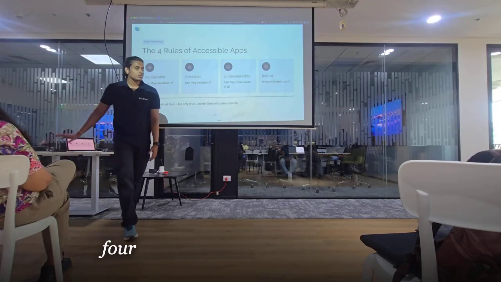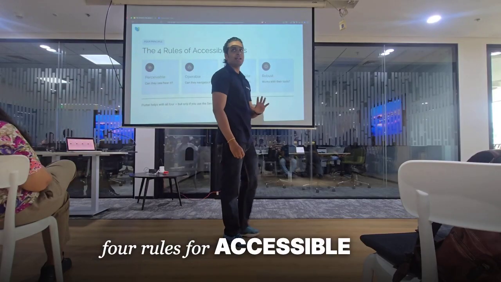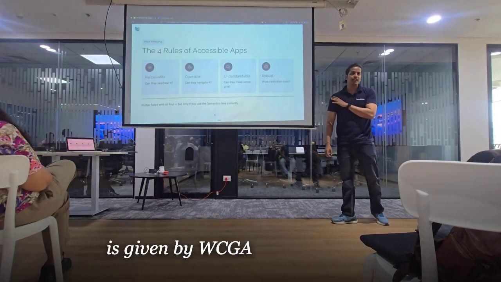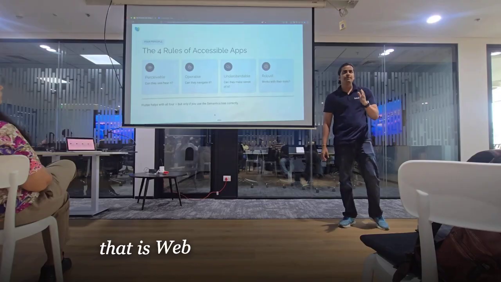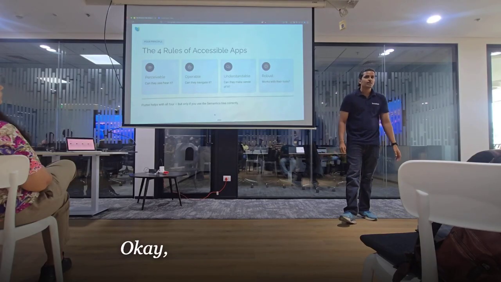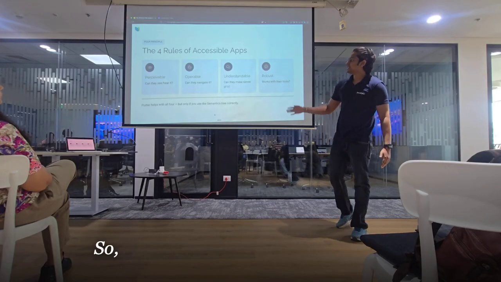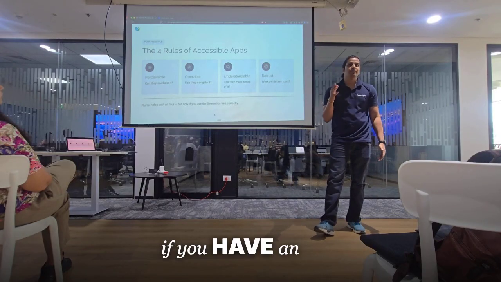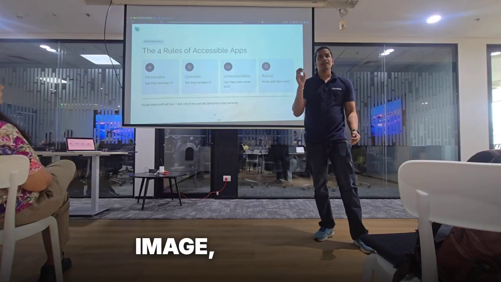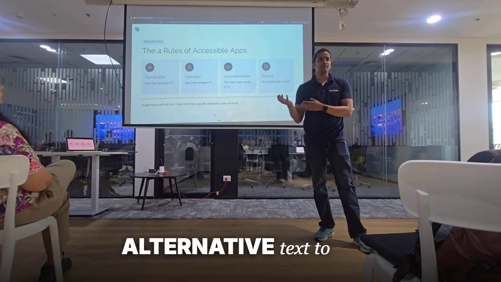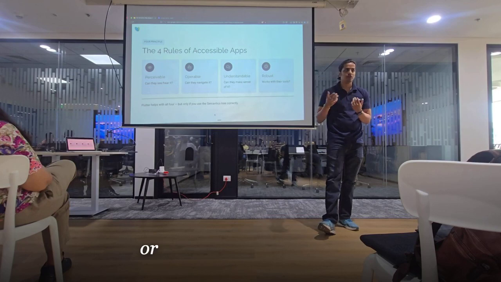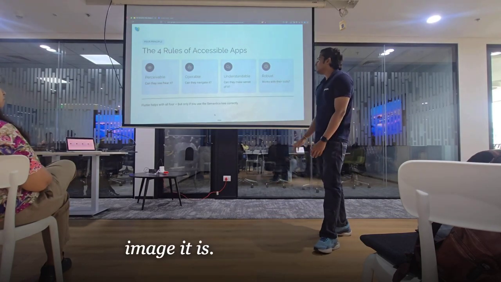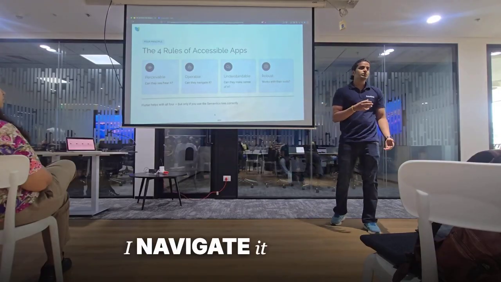These are the four rules for accessible apps, the four principles given by the WCAG guidelines, the web content accessibility guidelines. These are official. First is perceivable. If I have an image, is there alternative text to it, so the user can hear what kind of image it is? Operable: can I navigate it using some